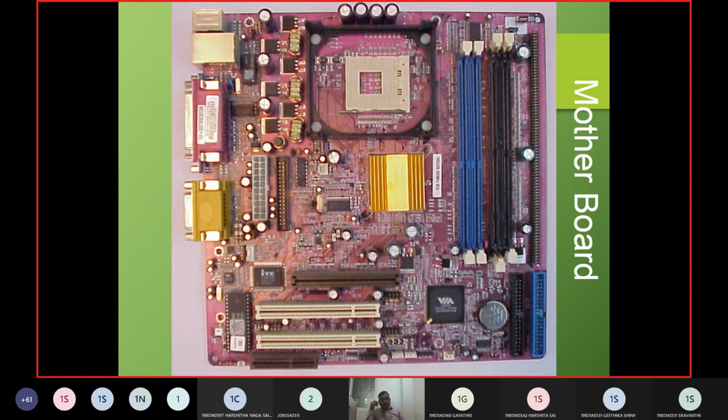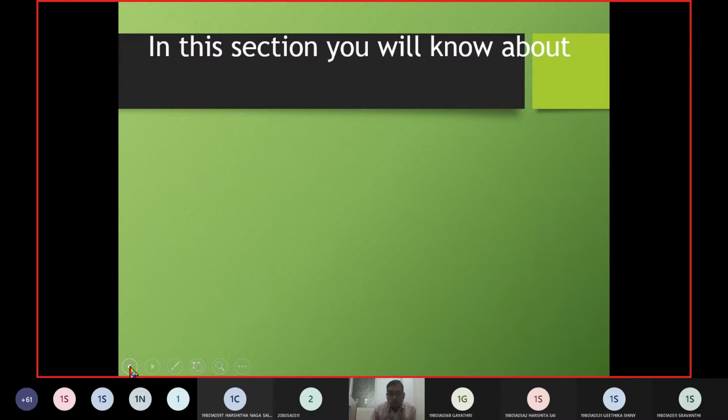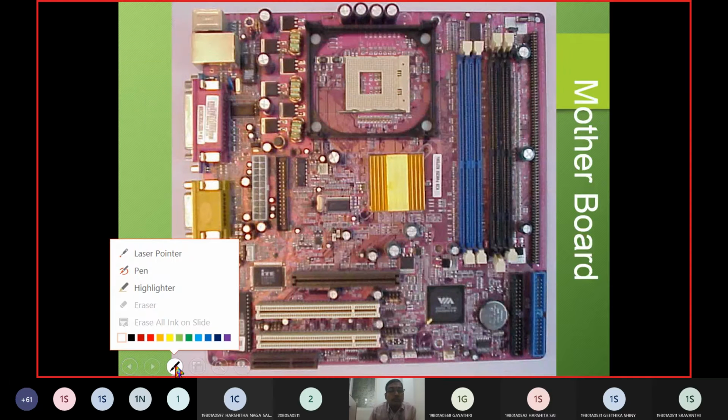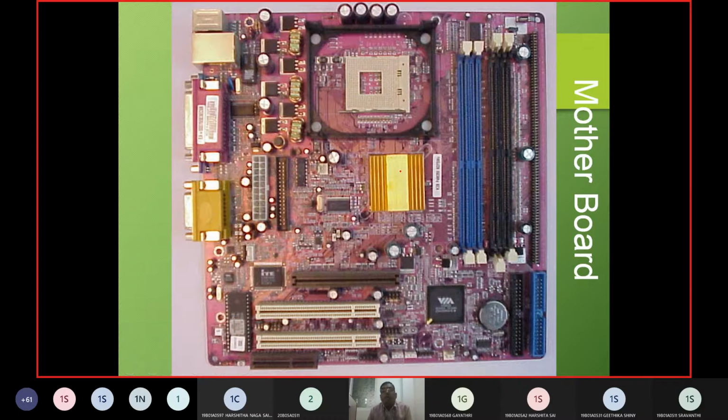Either in a laptop or a desktop, the component which holds everything together, looking holistically at the different components, you call it a motherboard.